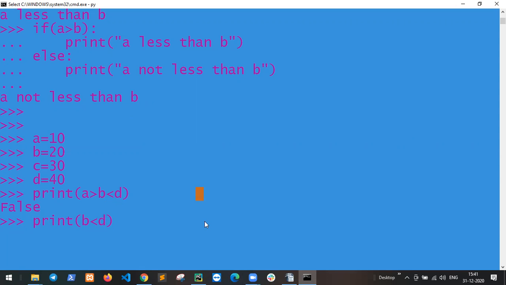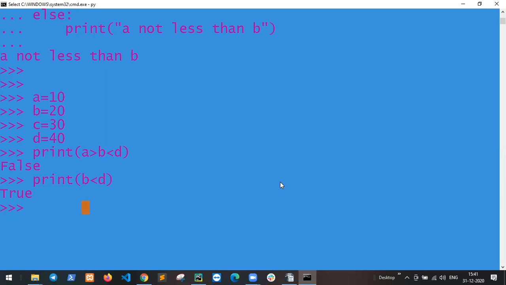B less than D. Result is true. And B less than A less than and greater than C. What is the output?